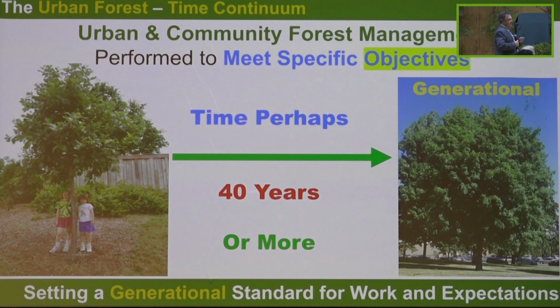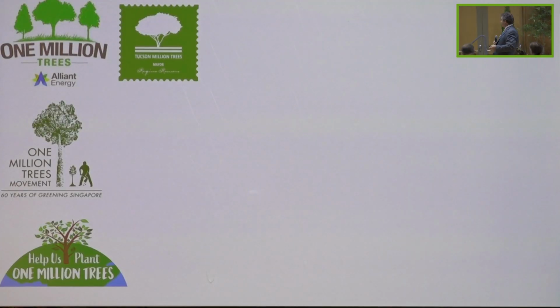The reason I picked that is Greg McPherson was an influence, and Greg would always pick 40 years to do economic analyses. So I'm like, if Greg McPherson picked 40 years, it must be a good time frame, right? If I think about the urban forest, I think about a generation of people. 40 years is not a bad number. Maybe it's 33.2 from an average lifespan of people. I don't know. But regardless, if I think about 40 years from now, if I think about trees